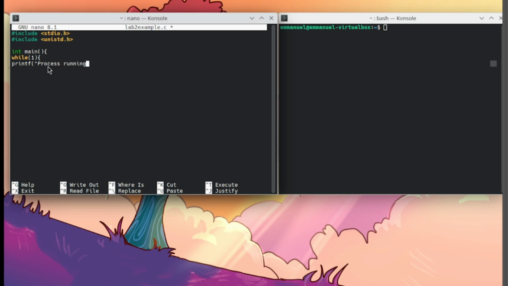dot dot, then backslash n, then close the quote, then close the parenthesis, then semicolon. Then for us to have a delay, let's type sleep, let's put 2 for a 2 second delay,